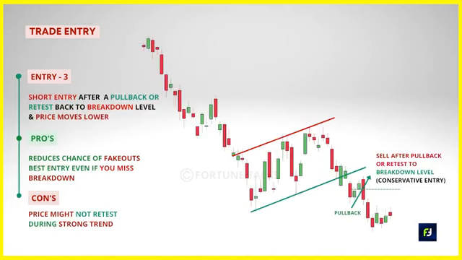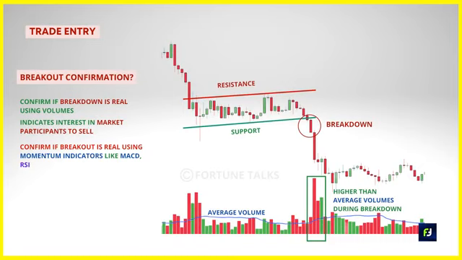So you can either wait for a pullback or retest back to the breakdown trend line and then take a short entry when the price starts to move lower. Now the issue with this entry technique is that during a strong downtrending market, the price won't pull back often enough and you will miss out on most of the opportunities. So it is up to you to decide your entry strategy and continue practicing it over a large number of trades. Also make sure to validate if the breakout is real by using volumes and momentum indicators like MACD, RSI,